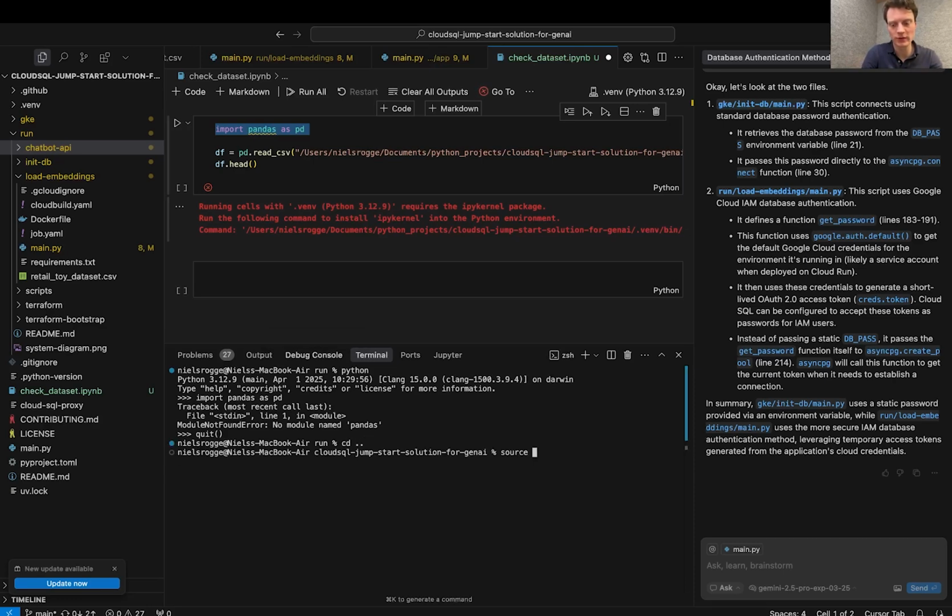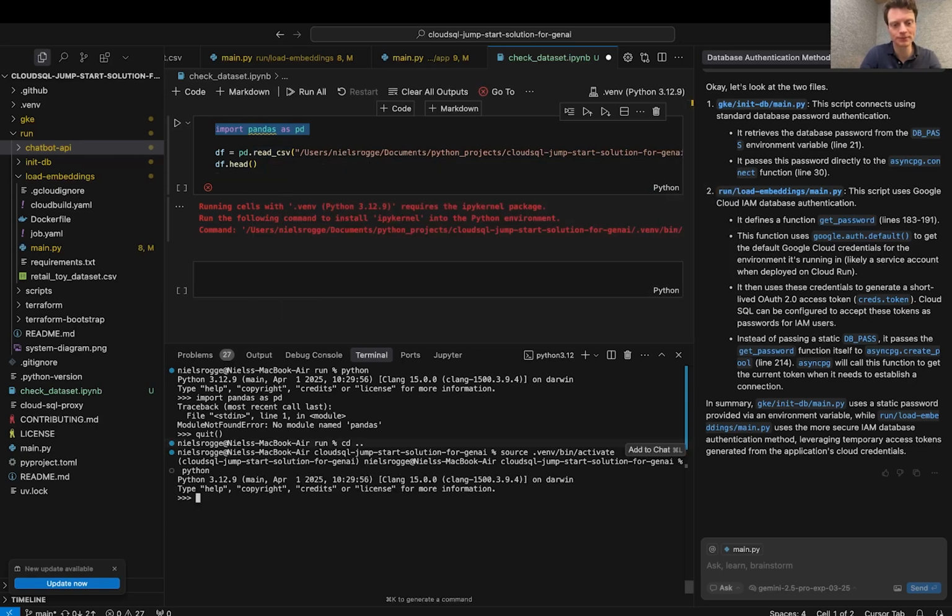So I'm gonna activate my virtual environment. In the meantime, I created a Python virtual environment. It's very easy to do, just python -m venv. Okay, so we have created it. So now I can